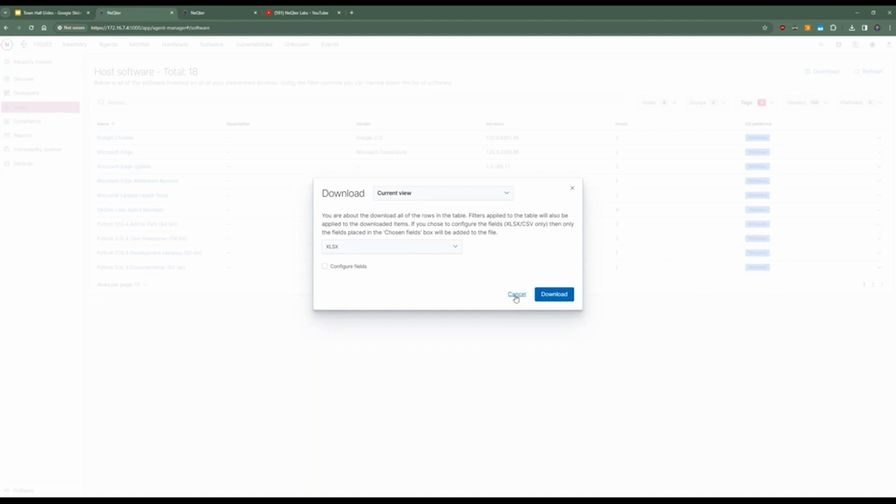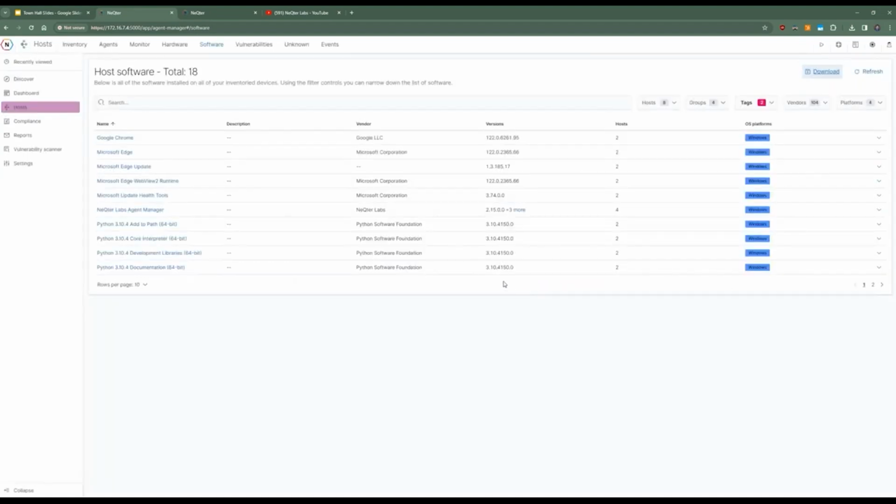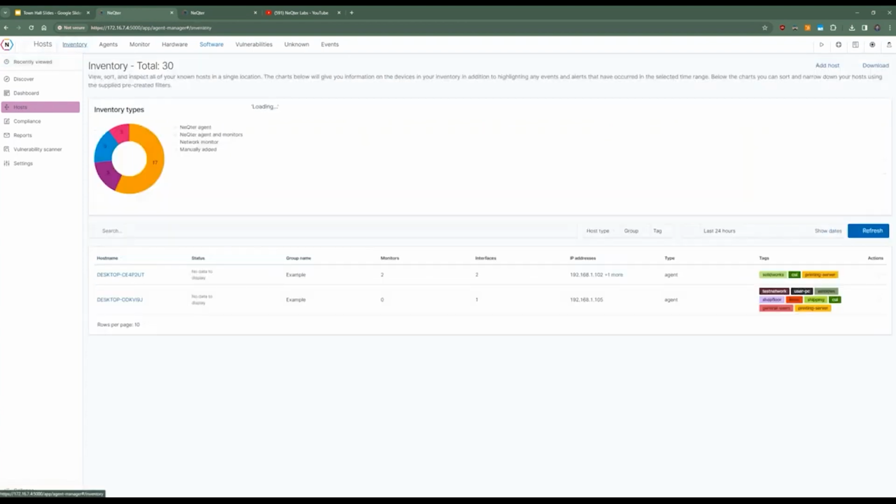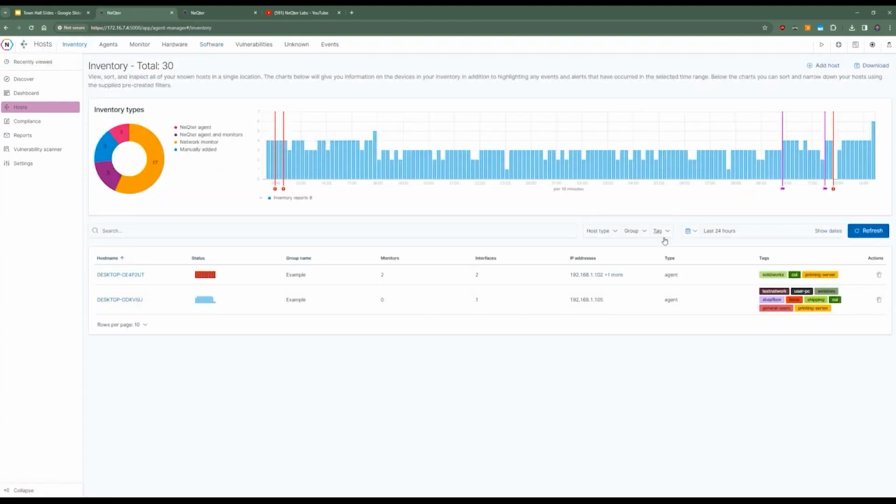So hopefully that answers your question. Yeah, unfortunately, nothing too sexy in terms of automatically designating something as a certain scoped type of asset. Maybe in future we'll look to do that. But right now it's more of a note-taking and easy way to better organize your inventory within the NeQter Labs inventory system.